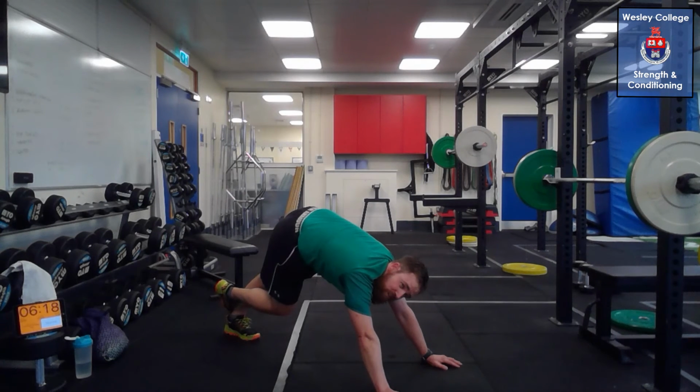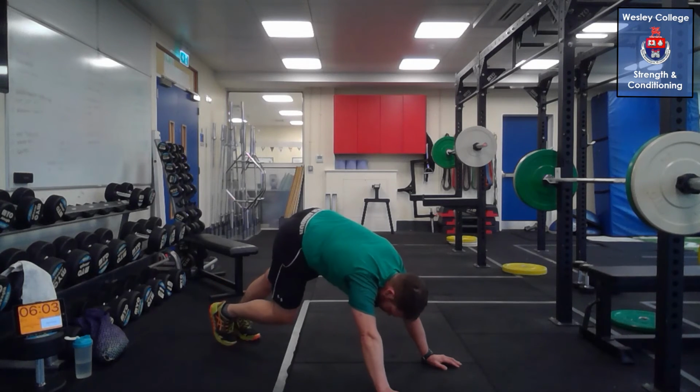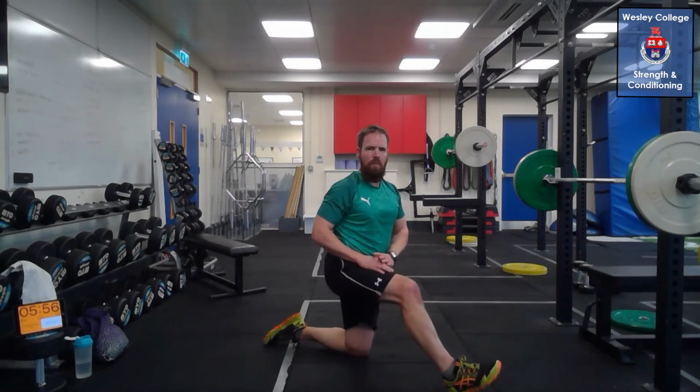Breathe, breathe, breathe all the time. Keeping that heel down. Last 10 seconds, breath in, breath out. Try and let that stretch go down a little bit more. 4, 3, 2, 1. Come to a kneeling position, foot out in front, with the toe up and front